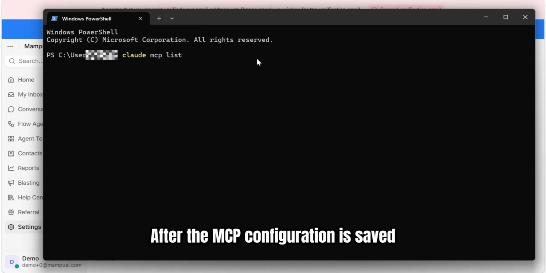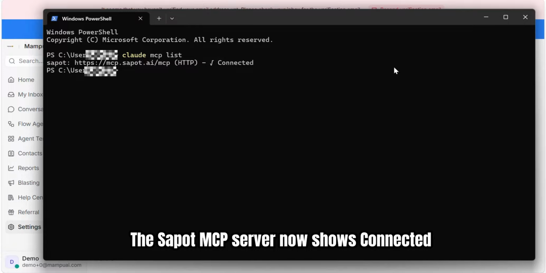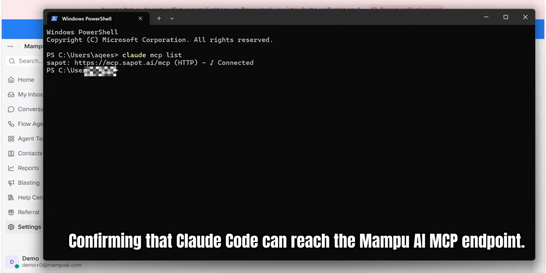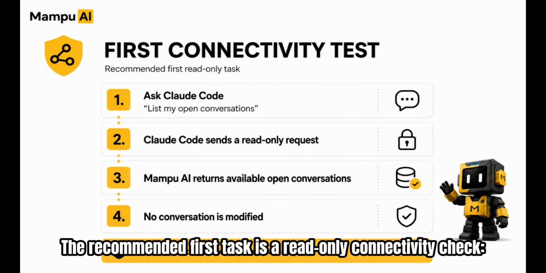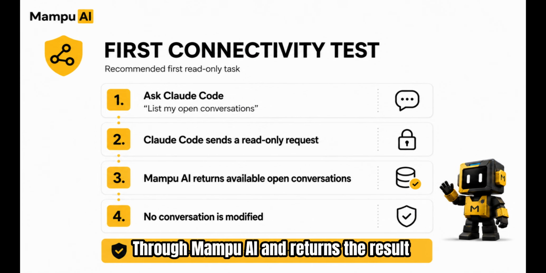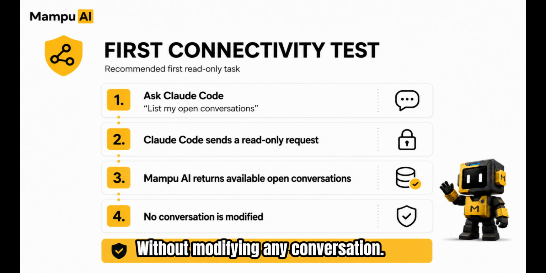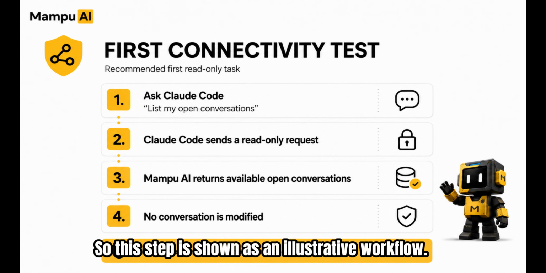After the MCP configuration is saved, verify the connection from Claude Code. The sampled MCP server now shows connected, confirming that Claude Code can reach the Mampu AI MCP endpoint. Once Claude Code is authenticated, the recommended first task is a read-only connectivity check. List my open conversations. Claude Code requests the available conversation data through Mampu AI and returns the result without modifying any conversation. In this demo tutorial, live Claude authentication was not performed, so this step is shown as an illustrative